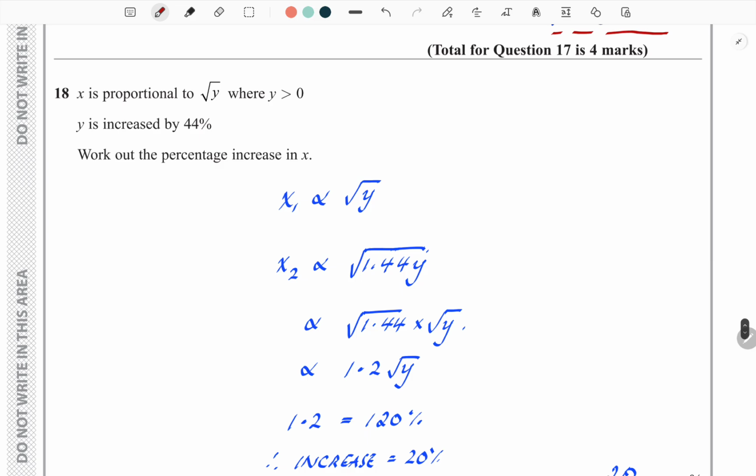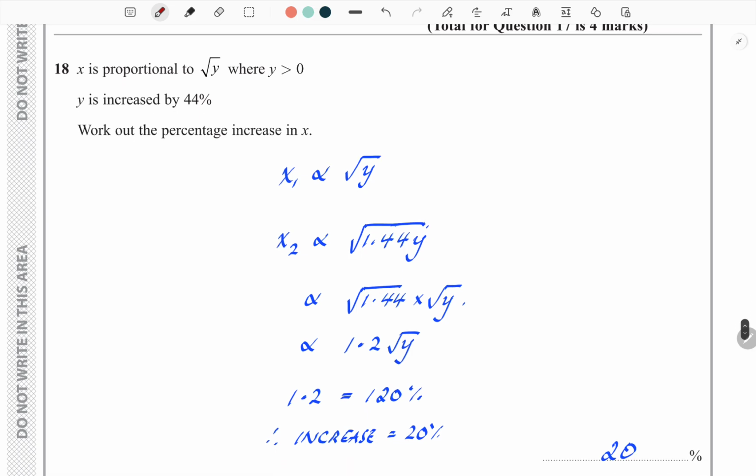Now this one takes a little thinking, I think. What it's saying is that x is proportional to square root of y, right? So that's your original x, whatever it might be, okay? We then have another x value, all right? So I've put a little 2 next to it. So we've got another x value, which is some factor of, so let's say a proportion of 1.44y, because